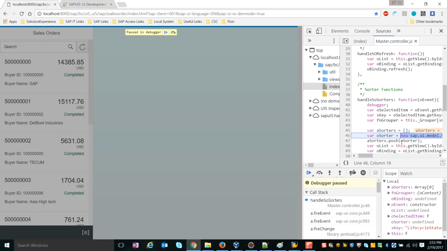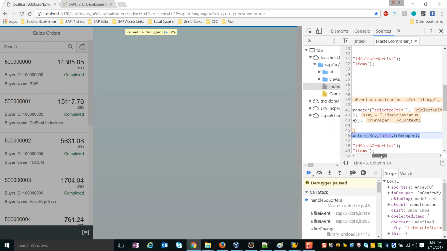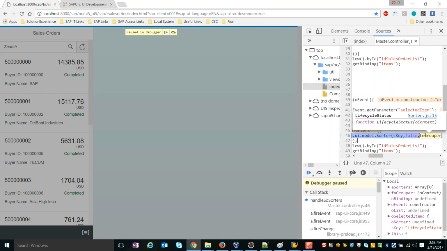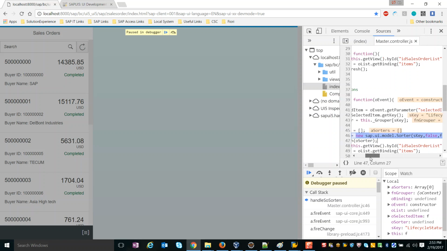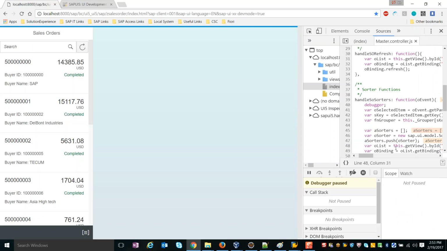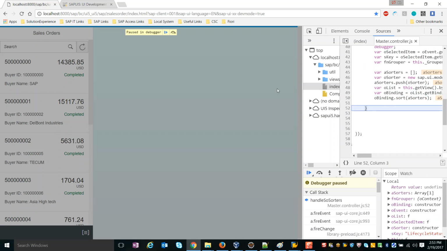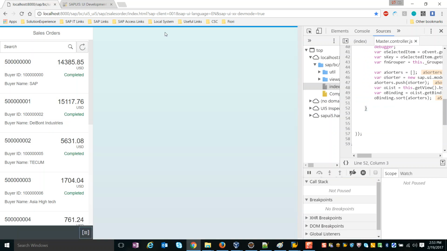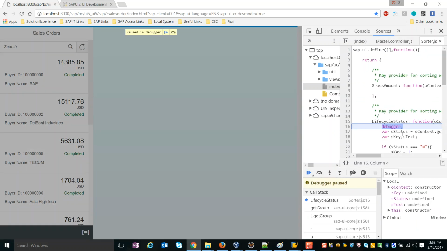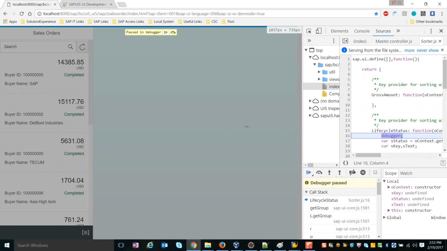sorter function for that. Then I created a sorter where the field is going to be lifecycle status, and this is the logic that has to be executed for the grouper function. And I have created that, obtained the list binding. Then by calling this method sort, I have applied the sorter. So what will happen now is that the system will execute this method for each and every row